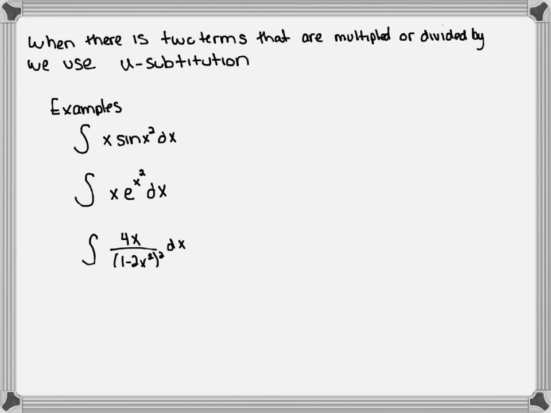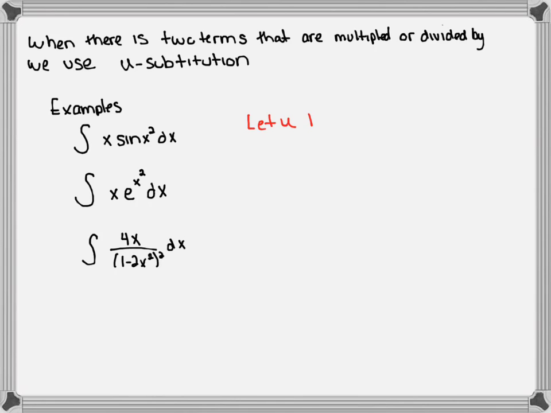We cannot separate these like we do addition and subtraction. We cannot take the integral of x and then the integral of sine x squared. We have to do u substitution with that. And because we have two terms, one of the hardest things that we do is decide what to let u